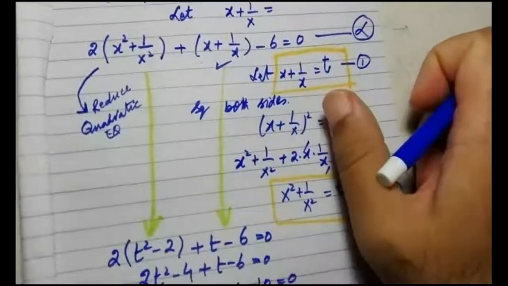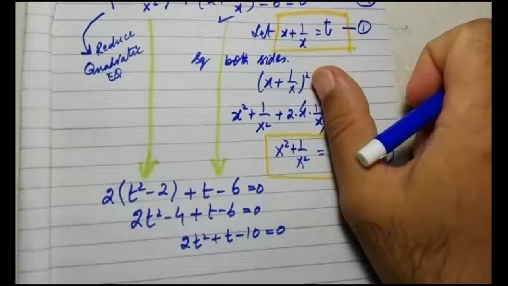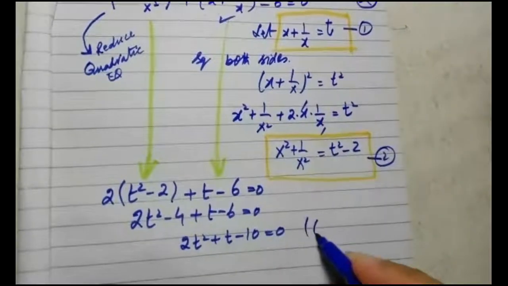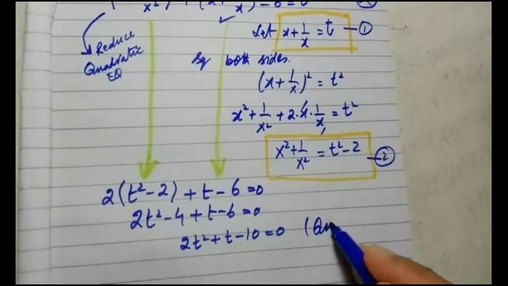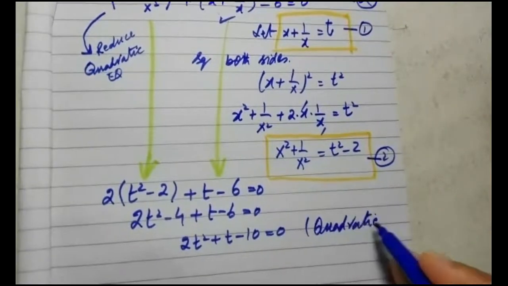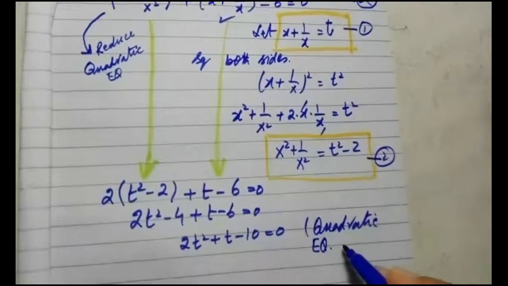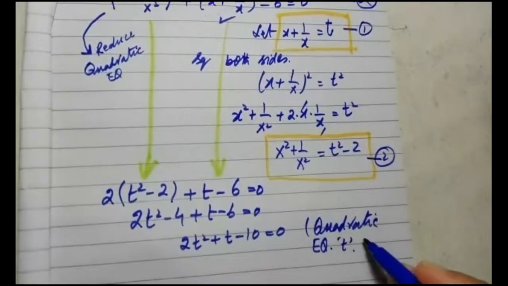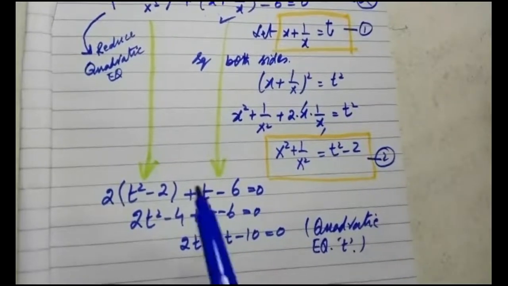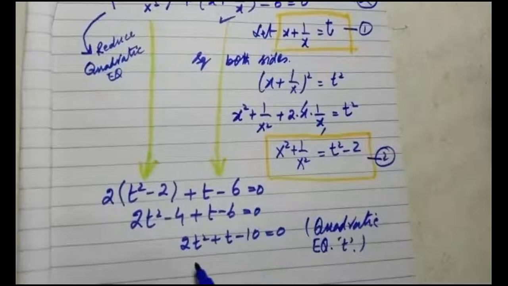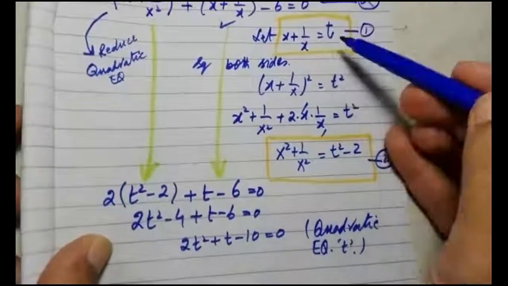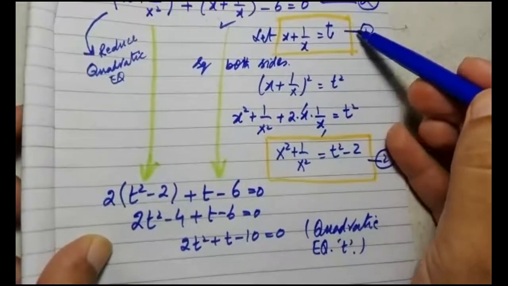You can see that this is a quadratic equation in variable t, like this one. So my next task is that I will factorize it, I will find the values of t, and then I will substitute t as it is in equation number 1, and we will